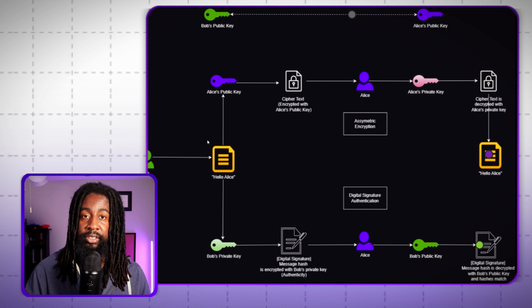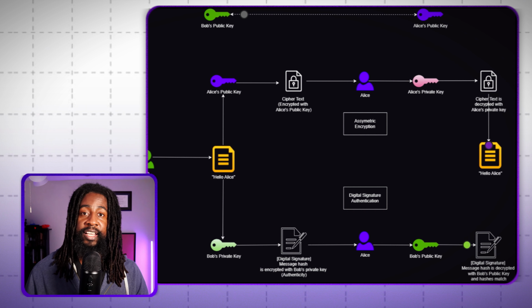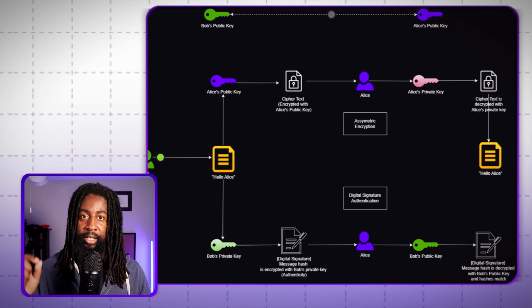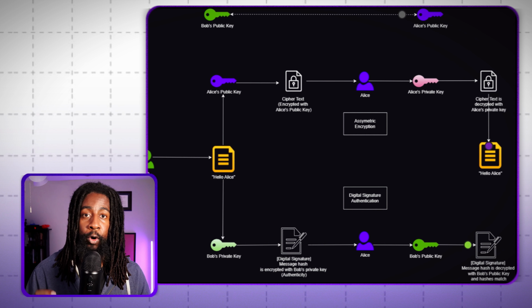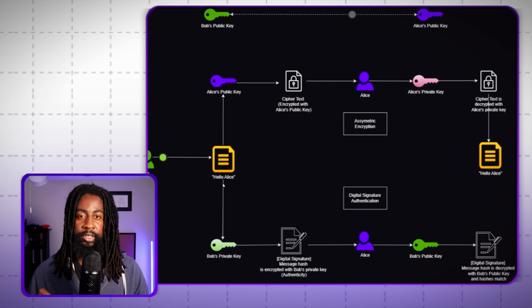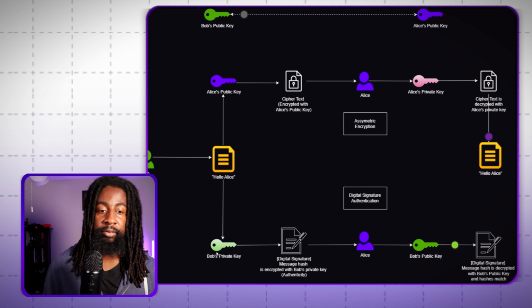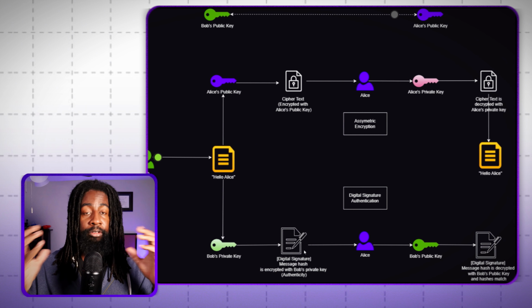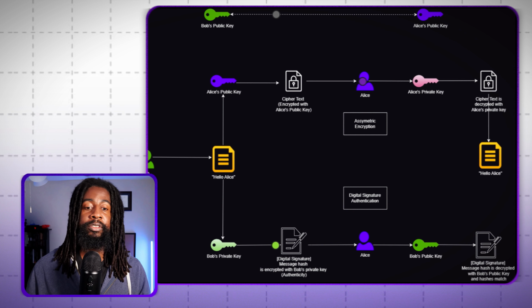So Bob does just the opposite here. Now, Bob will take that same message. Before Bob encrypts that message with Alice's public key, he takes a hash of that message file. Then he takes his private key and encrypts the hash with his own private key. Now, when you decrypt that encrypted message, you'll just have a hash. That's all. Now Bob sends that encrypted message, which is just a hash at this point, over to